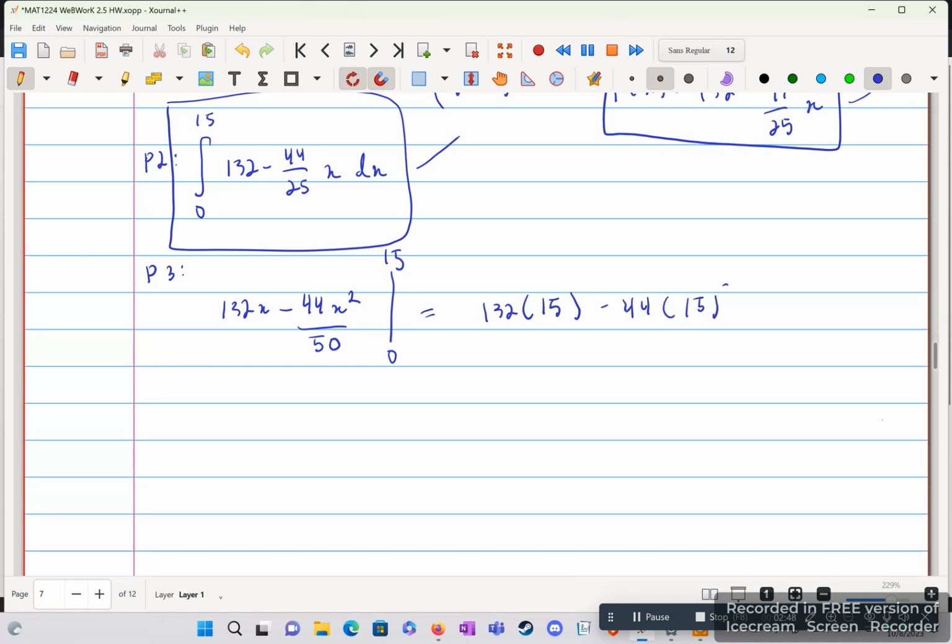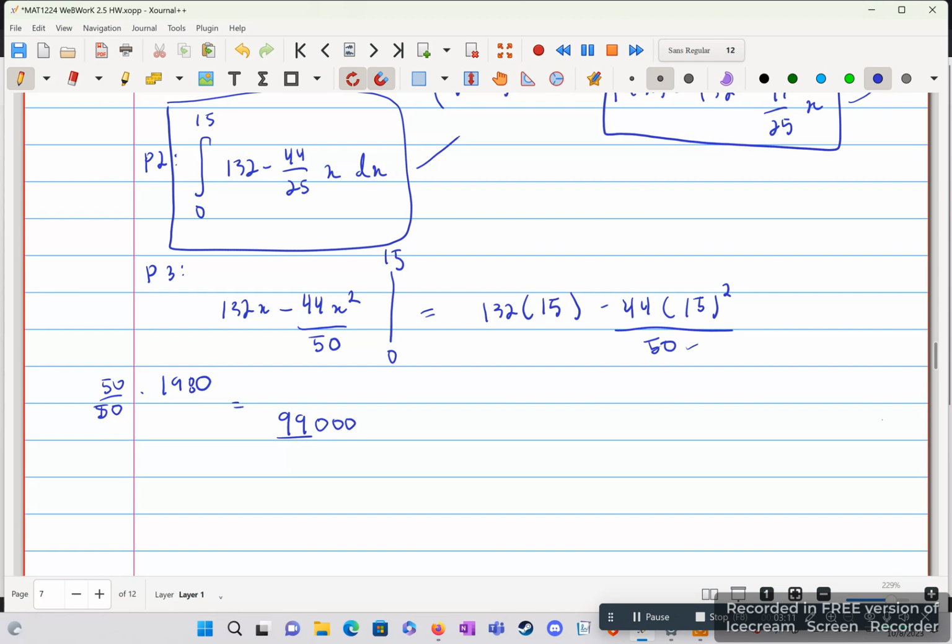15 squared over 50. Perfect. And 132 times 15 is 1980. But I do want to multiply this by 50, the numerator and denominator, because we have a denominator of 50 here as well. So this is actually going to be equivalent to